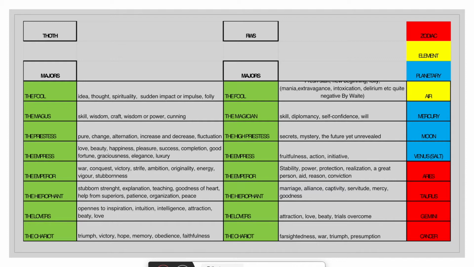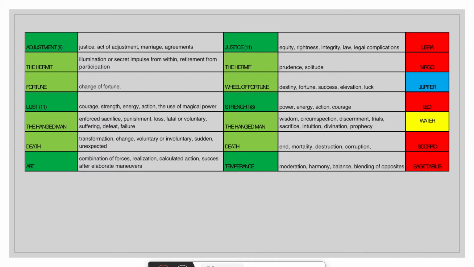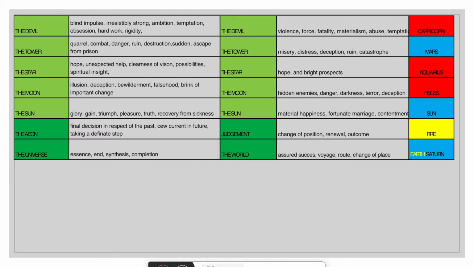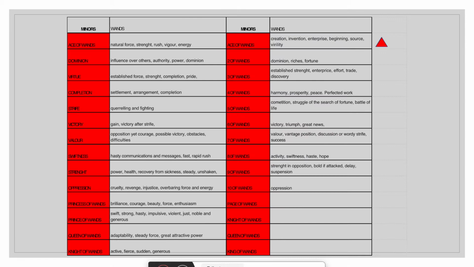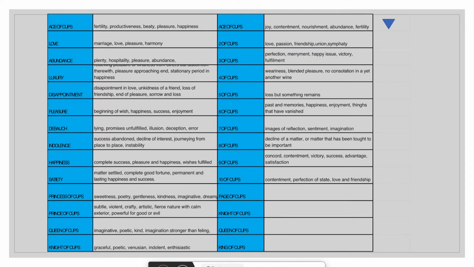For the card titles and the meanings, I've used the actual descriptions in the little white books, so as original sources as possible. And I've used also the books by Lon Milo Duquette, Understanding the Thoth Tarot, and then A.E. Waite's Pictorial Key to the Tarot, because I know that nowadays people interpret the cards quite differently, and there are a whole lot more meanings in the cards than the little white books have.